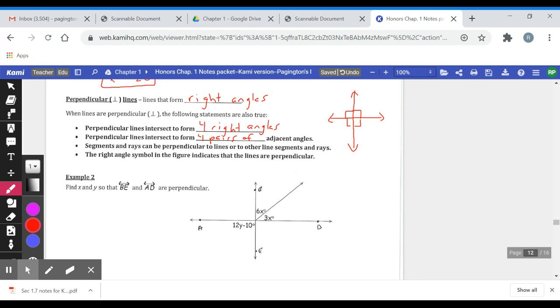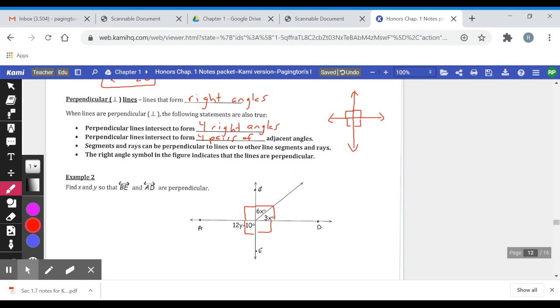All right, on example 2, it says find x and y so that line BE and line AD are perpendicular. So if we assume they are perpendicular, then again, we would know this is a right angle, this is a right angle, this is a right angle, and this is a right angle. Okay, so if we try and set up true equations with that information,